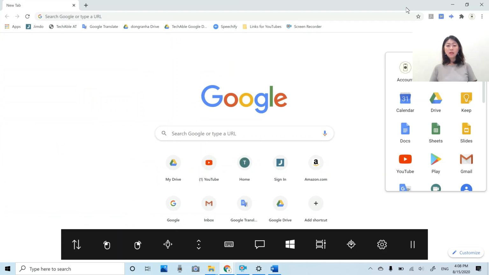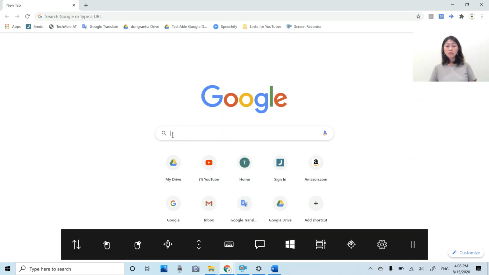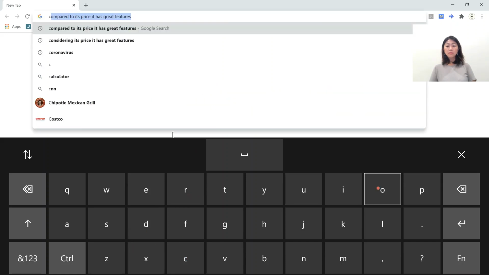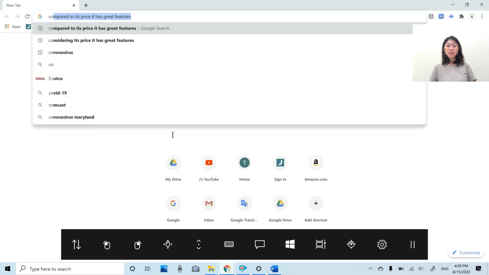Okay, and then I'm gonna bring up the keyboard. Actually, before I do that, I'm gonna single click here so I can type text in the box, and then I like to select the coronavirus from the list.